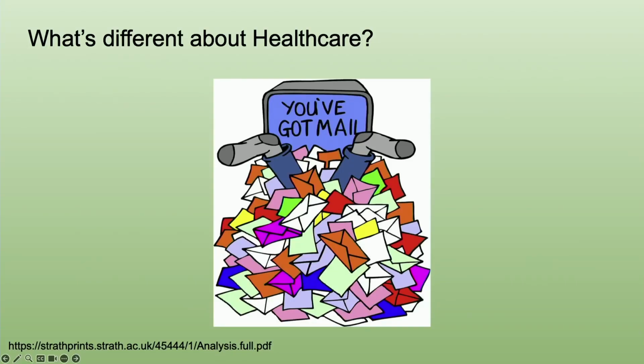So I want to explore just a little bit about what the difference is between healthcare as a system versus some of the other domains where digital twins might make a lot more sense. There's a great report online that highlights some of the differences between a hospital and a manufacturing facility, and I'm borrowing some from those, and then I've added my own thoughts at the end as well. But from a healthcare system, we can understand that the patients coming into the hospital, the entities entering your discrete event process, have a variability that you can't easily control.